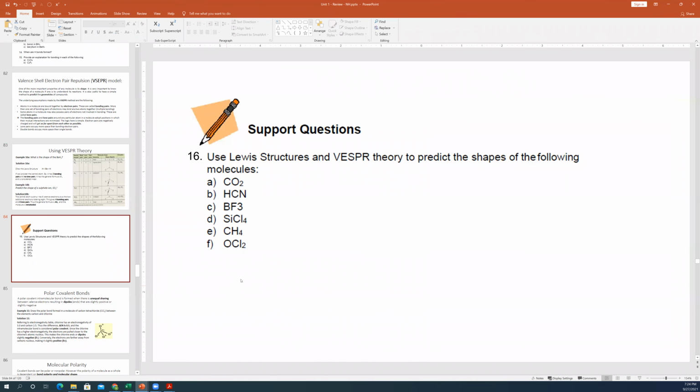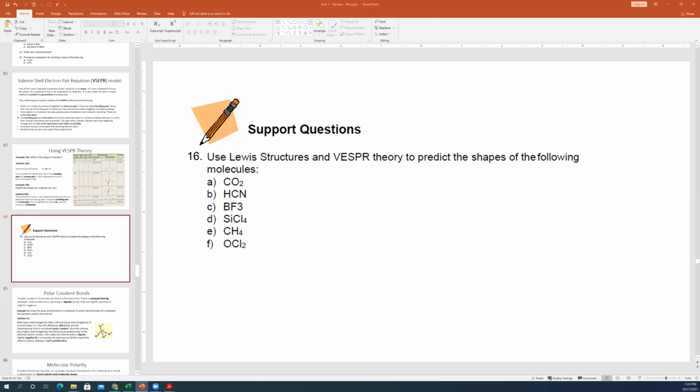Did anybody try doing some of these Lewis structure VSEPR theory predictions to predict the shape of any of these molecules? Did anybody try any of those? Were any of you having any difficulty with that? Did you try to do some of those? I think I did them, I remember, but I don't think I had trouble. You didn't have any trouble? Yeah, I think so. Okay, should we maybe just